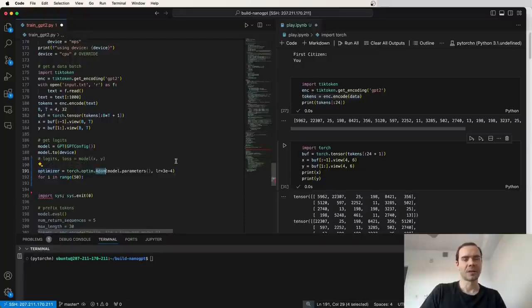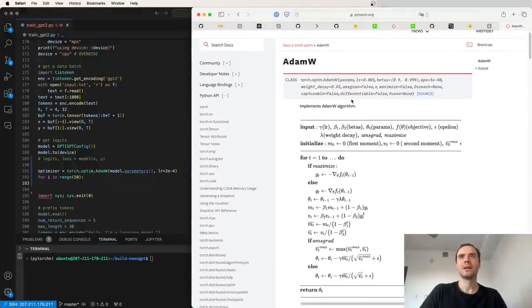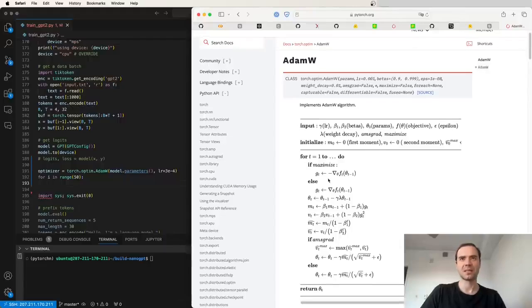And so here we are using the AdamW optimizer, which is an alternative to the stochastic gradient descent optimizer, SGD, that we were using. So SGD is a lot simpler. Adam is a bit more involved. And I actually specifically like the AdamW variation because, in my opinion, it kind of just fixes a bug. So AdamW is a bug fix of Adam, is what I would say. When we go to the documentation for AdamW, oh my gosh, we see that it takes a bunch of hyperparameters, and it's a little bit more complicated than the SGD we were looking at before,